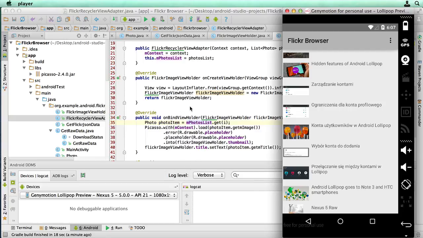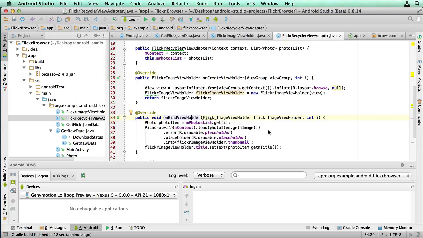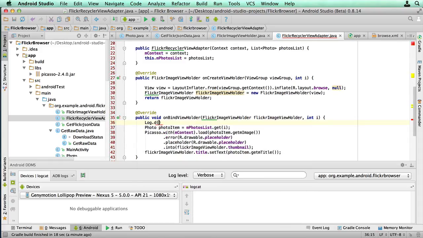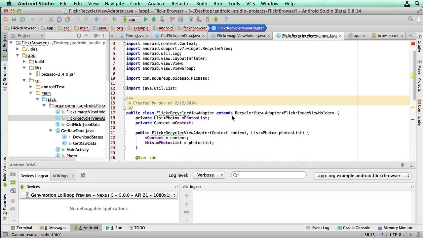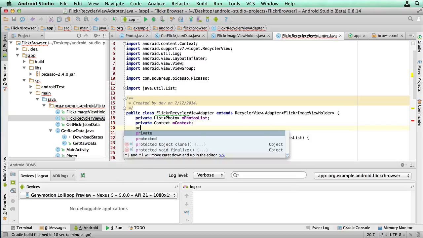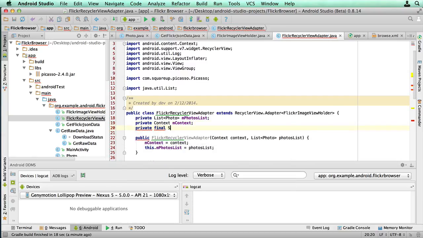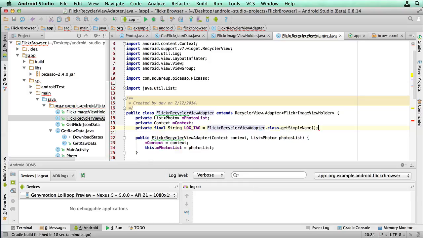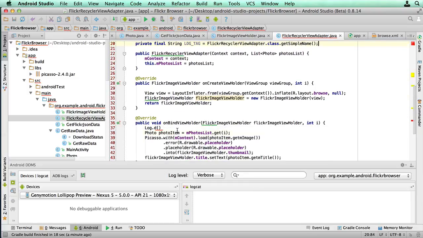And just to confirm that, to check that that is working, we can put something here. So we could just put a log statement in there. So Log.d, LOG_TAG. Did we have one here? I can't remember. No, we didn't. We might actually add one. Private final String LOG_TAG equals FlickrAdapter.class.getSimpleName(). So we'll do that, and we'll go LOG_TAG,